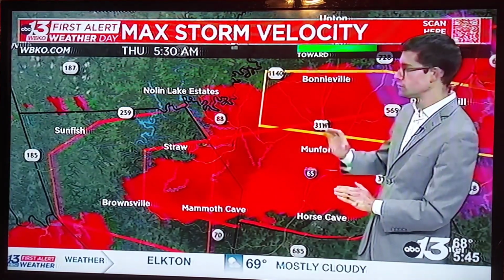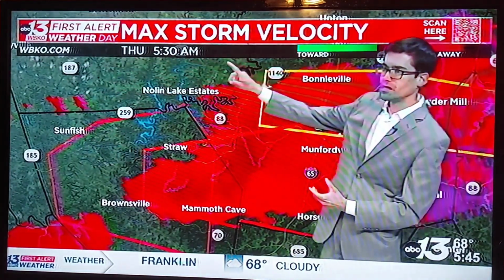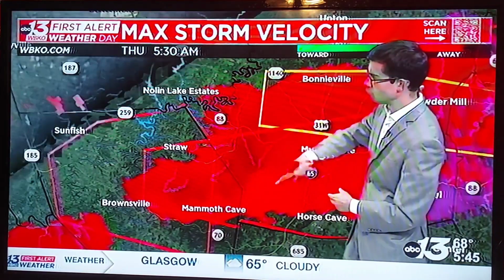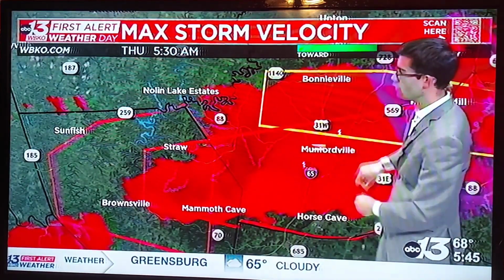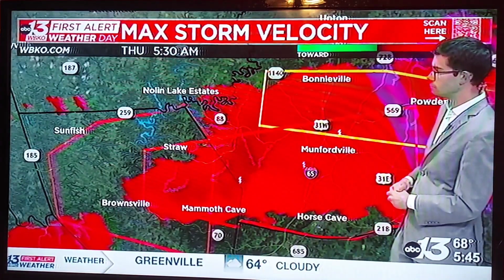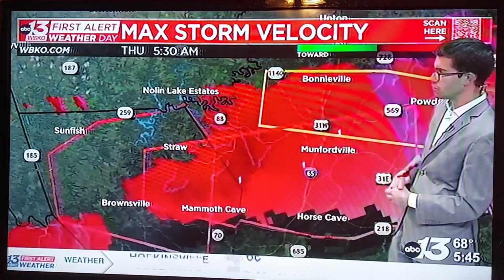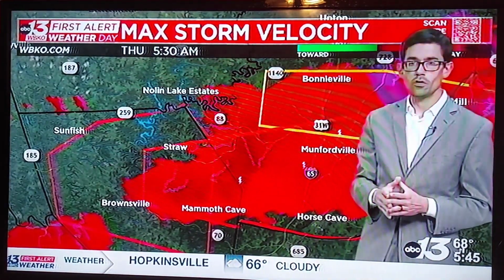So, but this is showing a current look at the storm. So our timestamp here is off for some reason by about 15 minutes. But this storm right here is pushing into Hart County and is moving over towards Munfordville. So be in your safe zone in Munfordville. But even over there into Bonnieville, we're certainly dealing with maybe some of the stronger wind gusts and also the potential